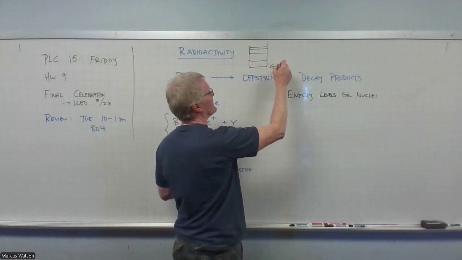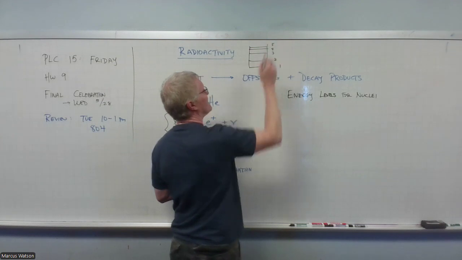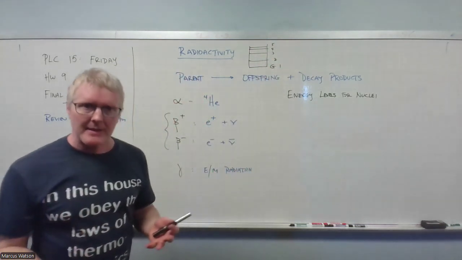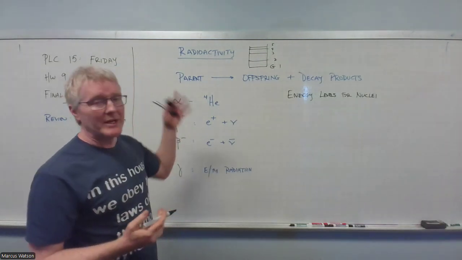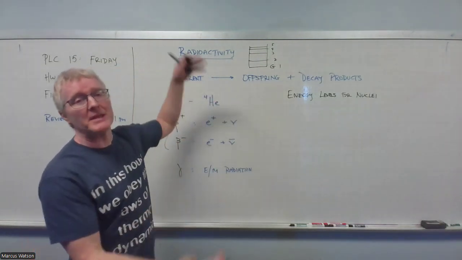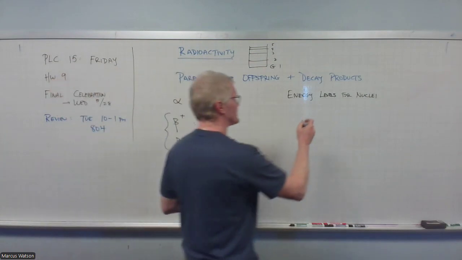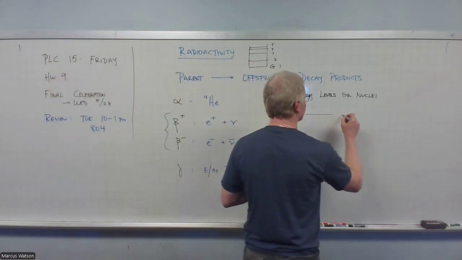This would be the ground state, number 1, you would typically call that. So this would be 2, 3, 4, and 5. We did the same thing in the hydrogen atom. We did the same thing with the laser discussion. We can do the same thing with nuclei. It's just that the spacing is much, much larger. So if a nucleus is up here, even in its first excited state,